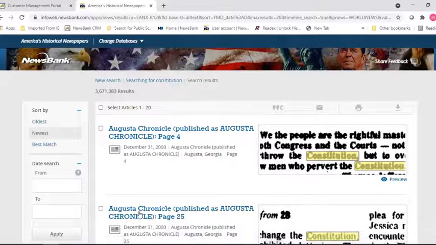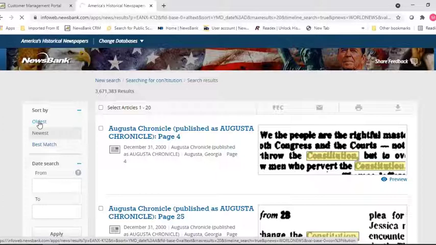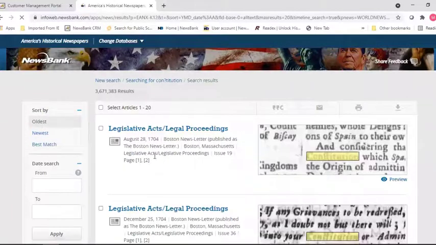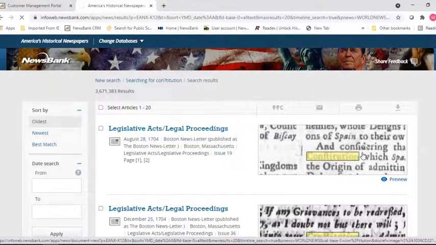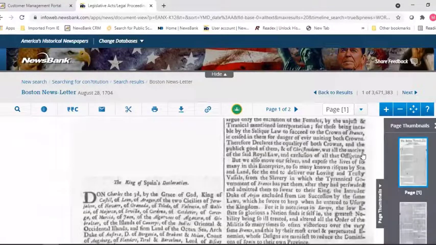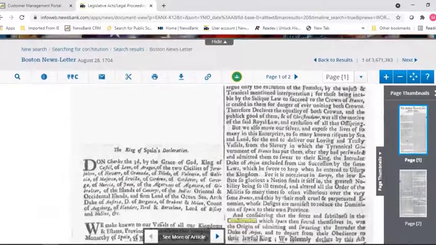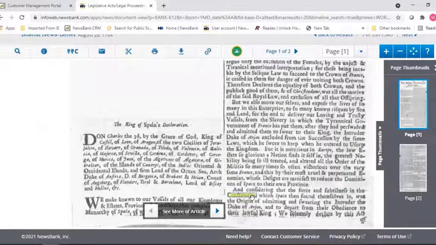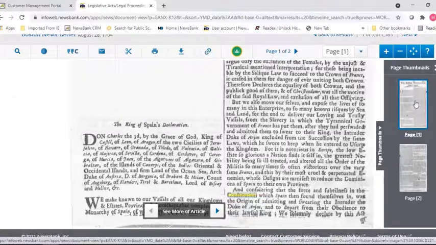So you can see here's my results, and here is my oldest, newest, best match, and it's sorted by newest. So I'm just going to reverse that and click on oldest to give you an illustration of why we use that question mark. So here, when I get back my results and I click on that very first result, you'll see here, okay, that my term right here highlighted looks like it's CON and the letter F as in Frank. To further illustrate that, I'm going to go to page 1 of this document,